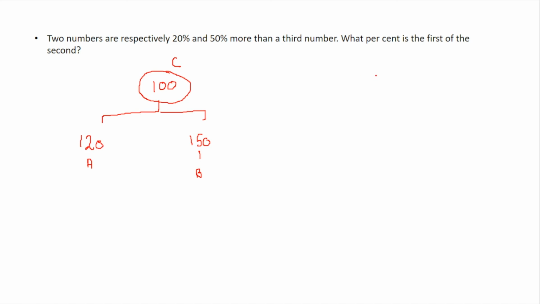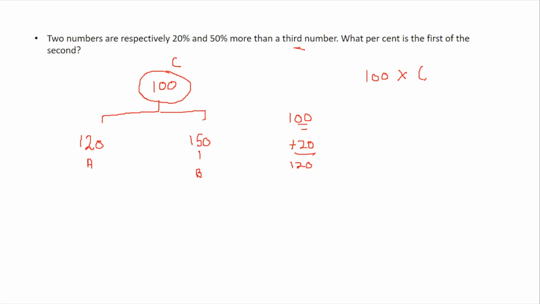A is 20% more than the third number, which is 100. We simply have to see the percentage, that is 20% more. Every person is himself 100%. If he is more capable, we have to add that, and if there is a loss, we have to subtract it. In this case there is more, so we add. So 100 plus 20 is equivalent to 120. That means the first number is 120% of the third number.